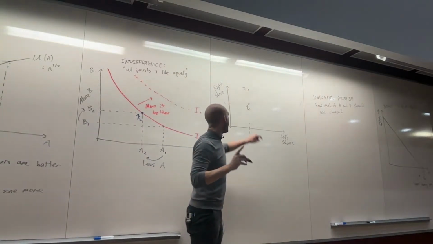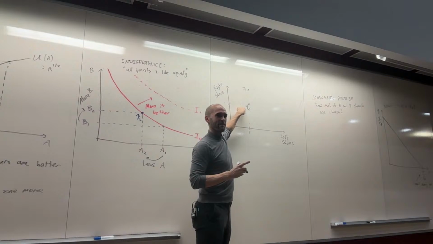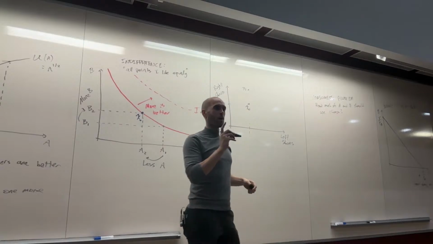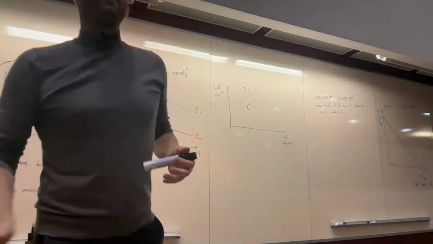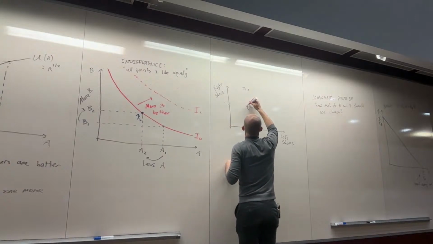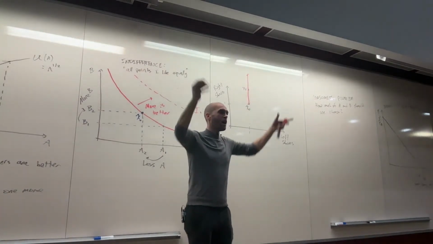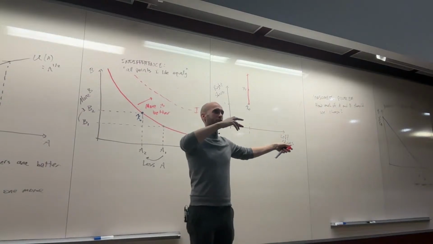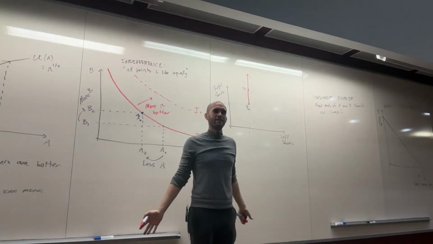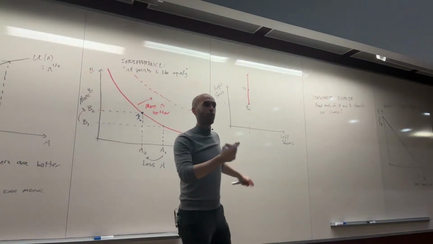I would say I'm equally happy between x1 and x0. Right? I'm equally happy between these two points. So I'm going to draw my indifference curve through these two points. It must go through these two points. In fact, it'll continue. If you give me 100 right shoes and no more left shoes, I won't take any of them. And the same must be true for left shoes.